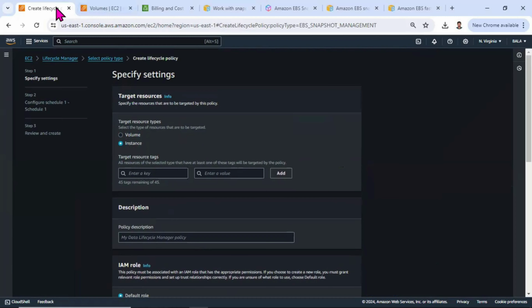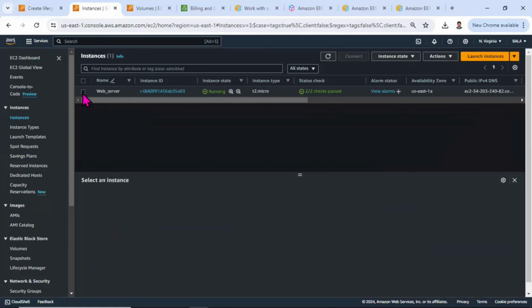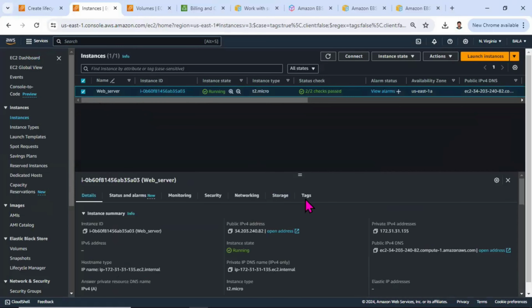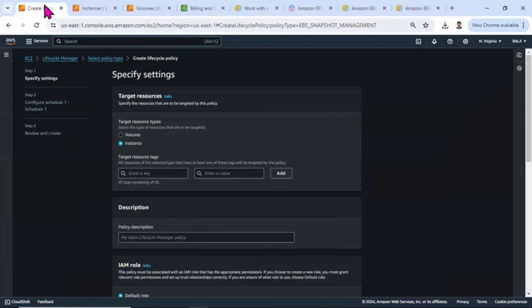So for example, I'll open a separate console. You can see I have one EC2 instance running in AWS North Virginia. If I open that EC2 instance, here you can see the tag. I have tagged it under the environment protection. So when I'm creating the lifecycle policy for that instance